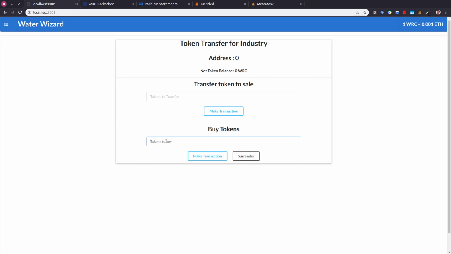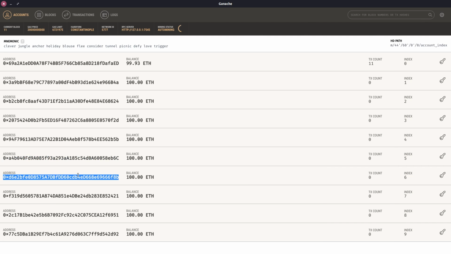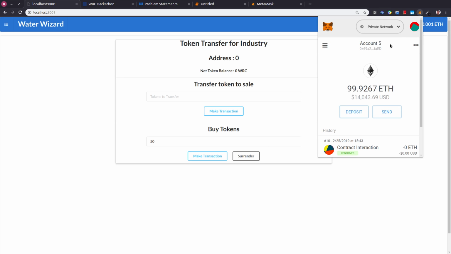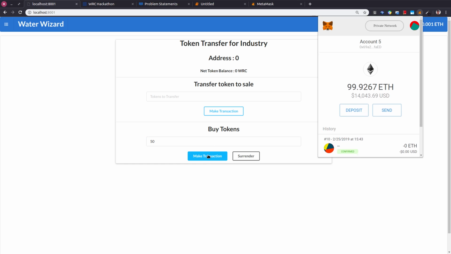So the number of tokens to be done here. If we change the account, we have already selected the required account here, and if we transfer the tokens,